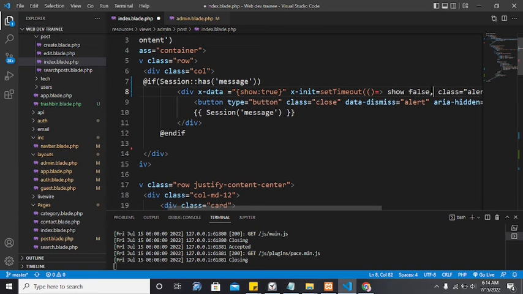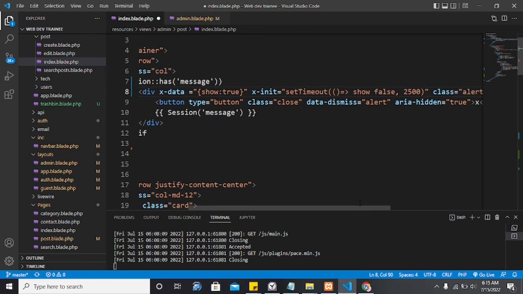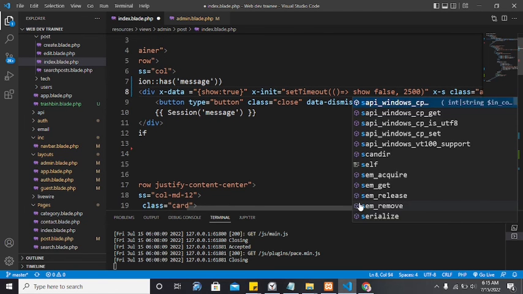and then here we have, okay, so we have like this, and now where we have the show false is the one where we are going to give the time. So here we can have something like 2500 for the timeout, and then here we can have the closing. So that means where we have this setTimeout, here we are going to have it like that, and then now we have the show. So here we are going to have x-show,